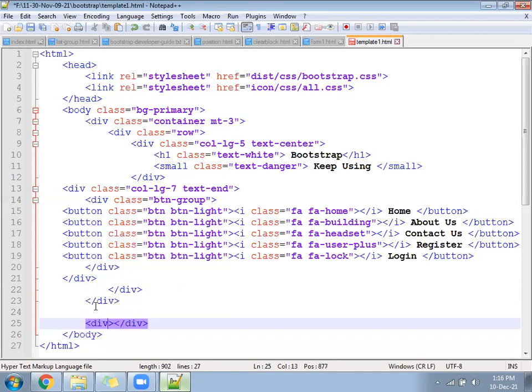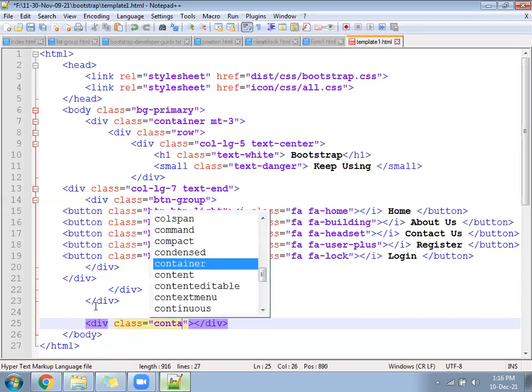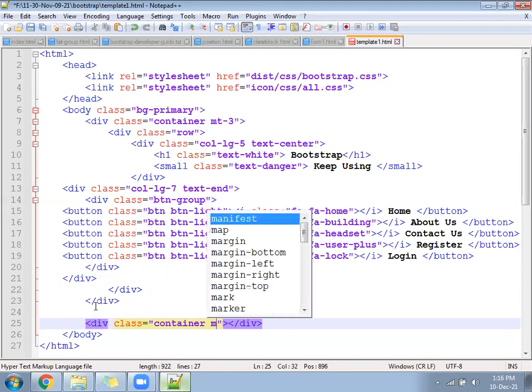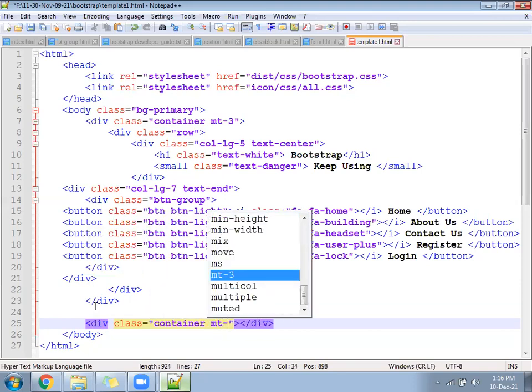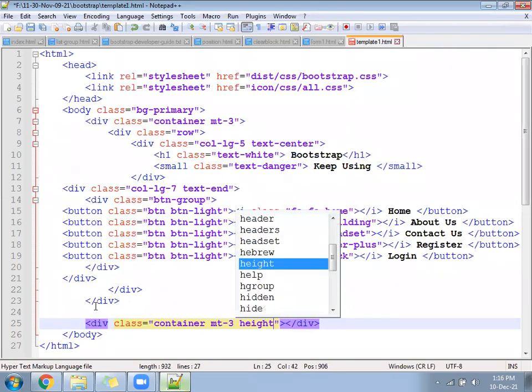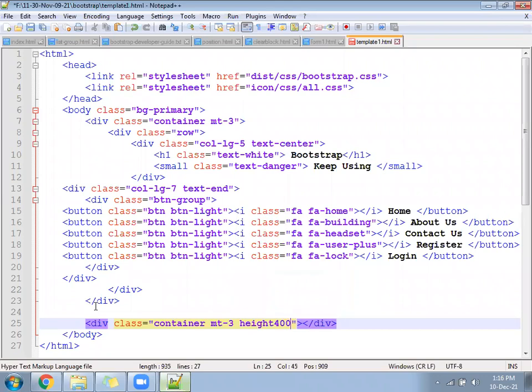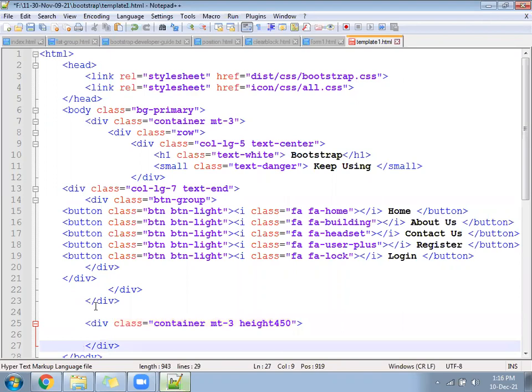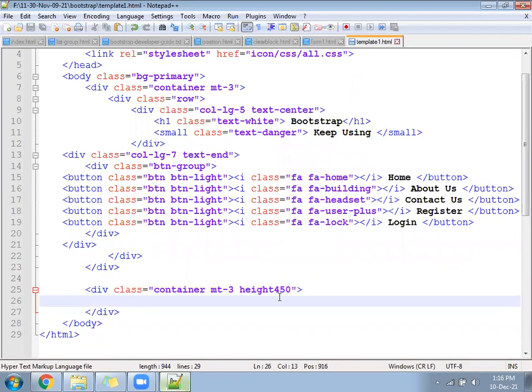Div class equal to container. This container will have empty hyphen 4, or let's follow empty 3, and write one more class here called height 450.